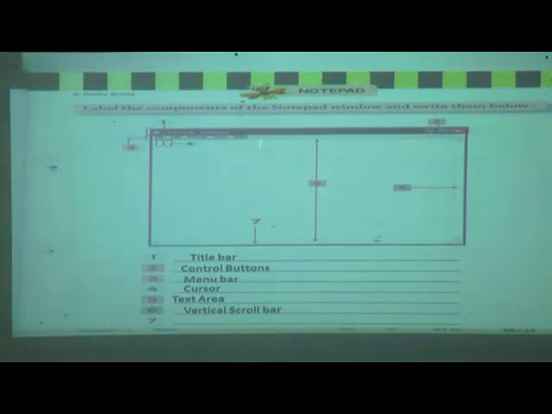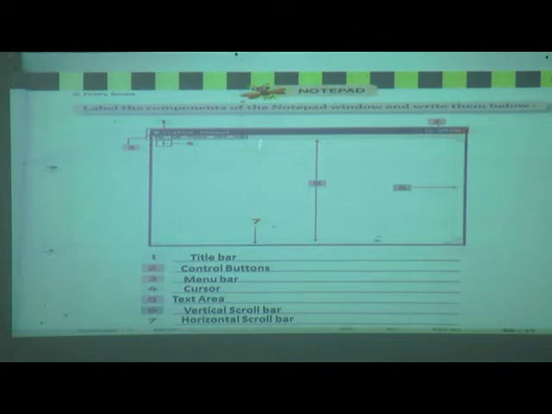And what do you call this last one? Horizontal scroll bar, H-O-R-I-Z-O-N-T-A-L, horizontal, S-C-R-O-L-L, scroll, B-A-R, horizontal scroll bar.